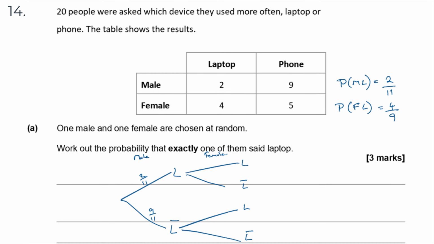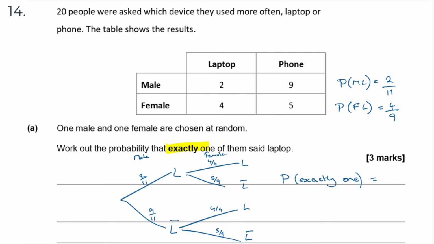The probability that the female said laptop was 4 over 9. So the probability they didn't say laptop was 5 over 9. And that's going to be repeated down here because they're independent. Okay, so we're interested in exactly one of them saying laptop. So the probability of exactly